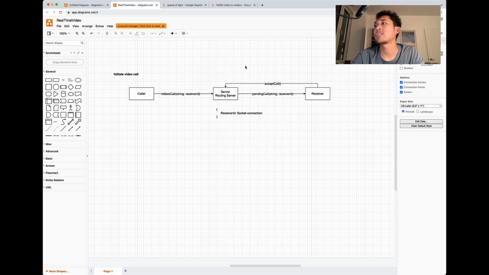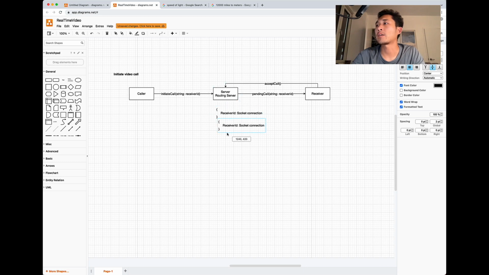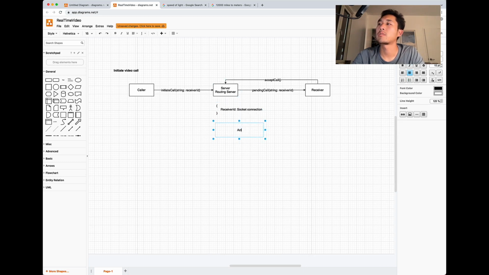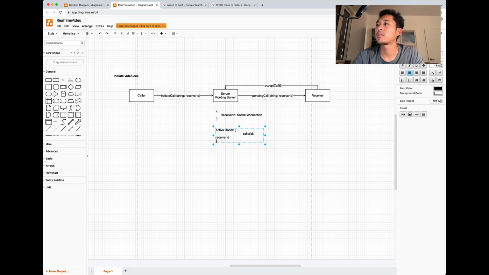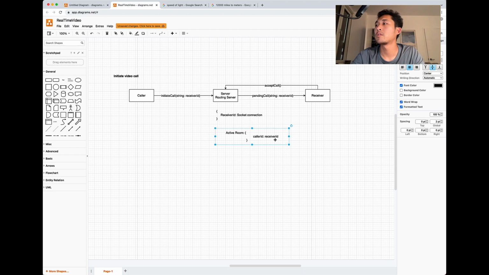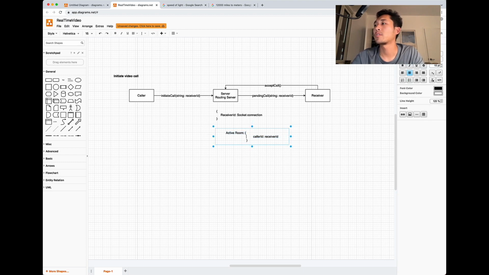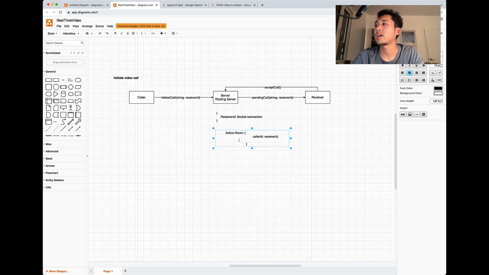And once it accepts the call, the server will now create an active room where the caller ID is mapped to the receiver ID. And then we can also create a reverse mapping of this, since we're going to be receiving packets from both sides.